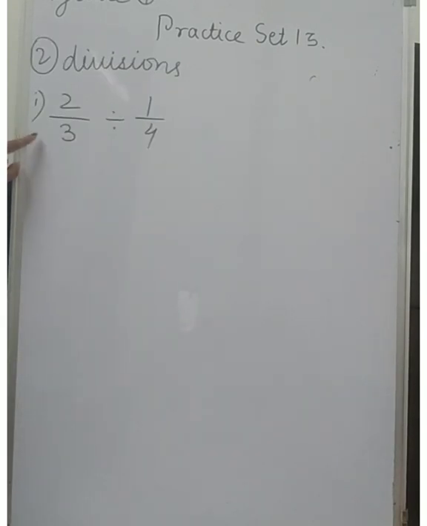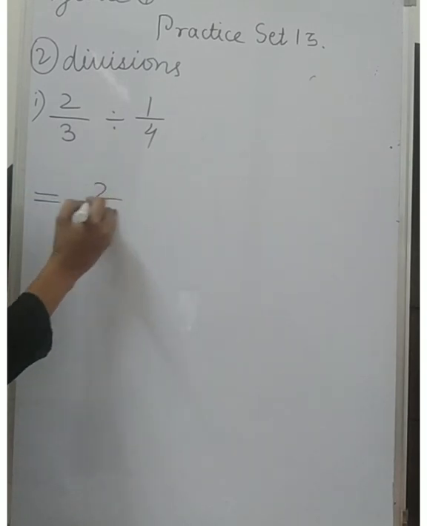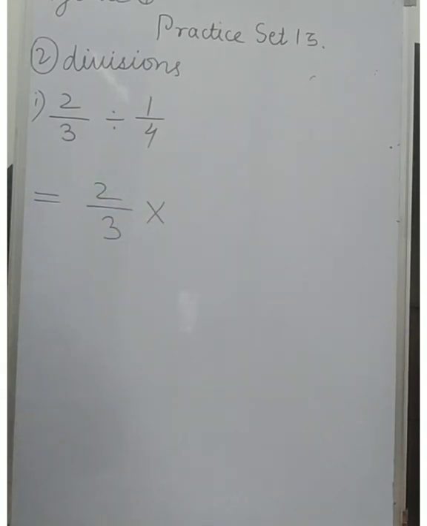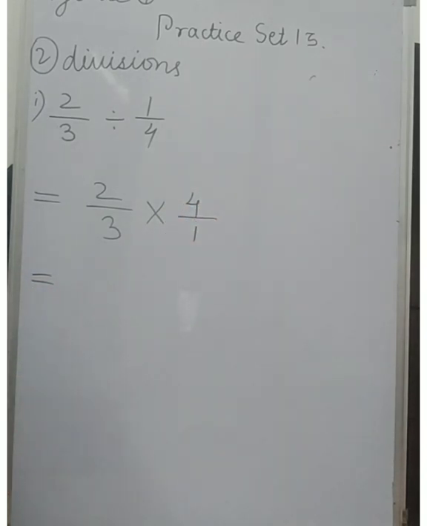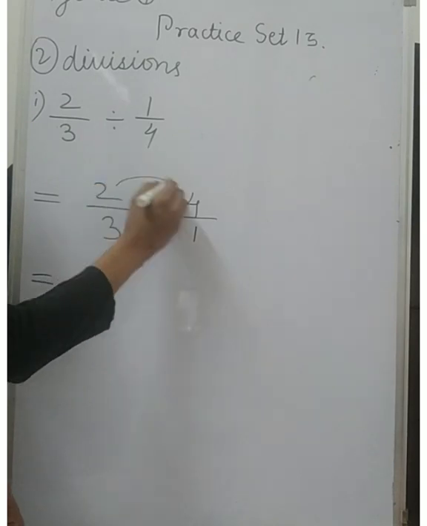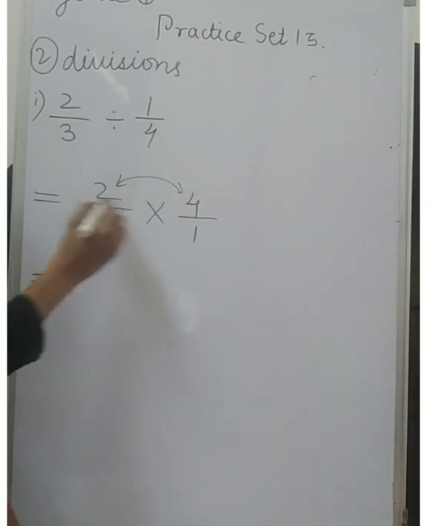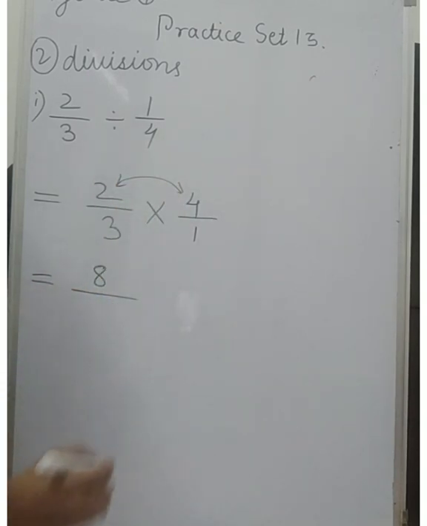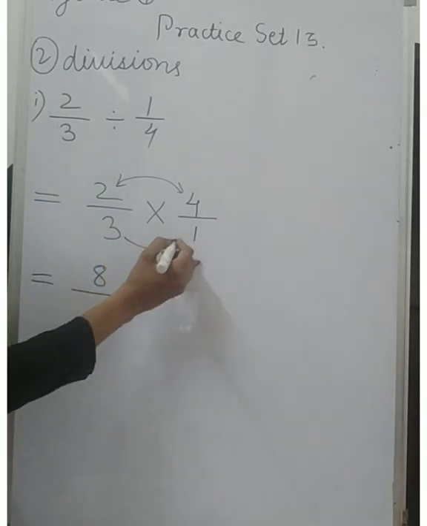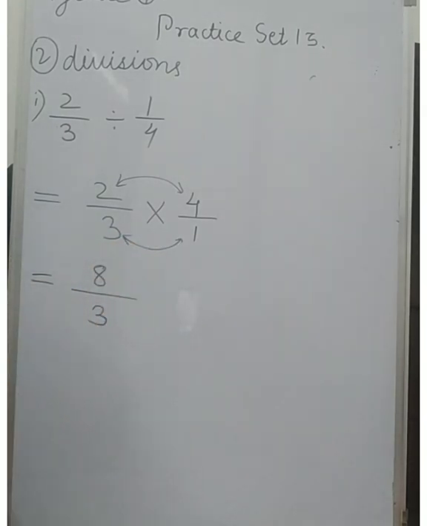The first is, we need to divide this. Okay, 2 upon 3 divided by 1 upon 4. And you know that. How do we do the division? We simply multiply it by its reciprocal. And you know how to do multiplication of fractions? Product of the numerators will be written as the numerator. So 2 4s are 8 and the product of these denominators will be written as denominator. So what is the answer? It is 8 upon 3.